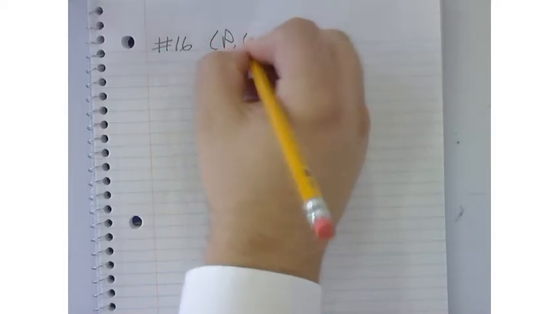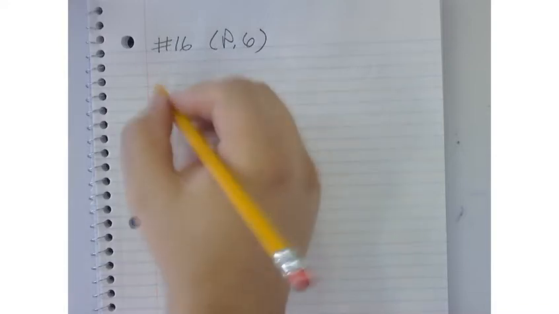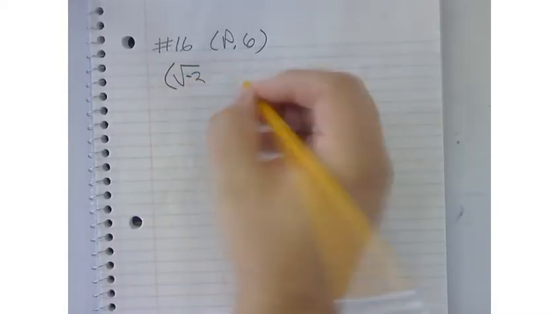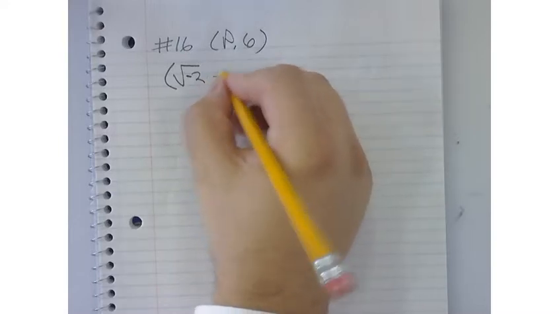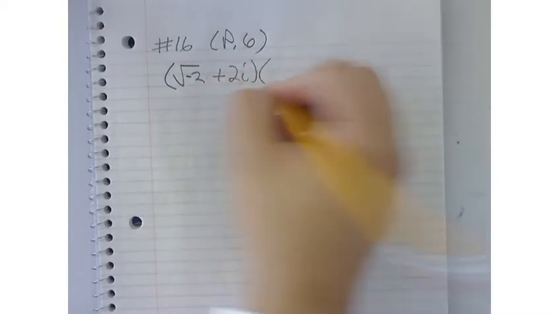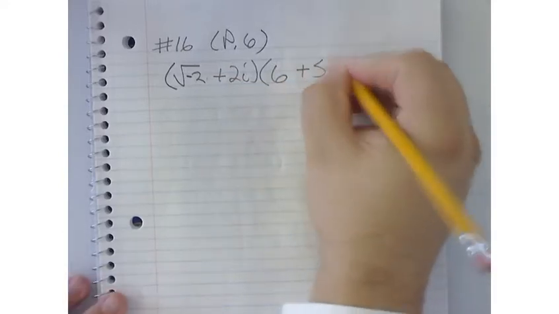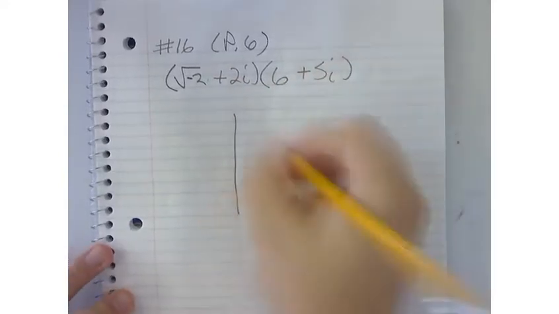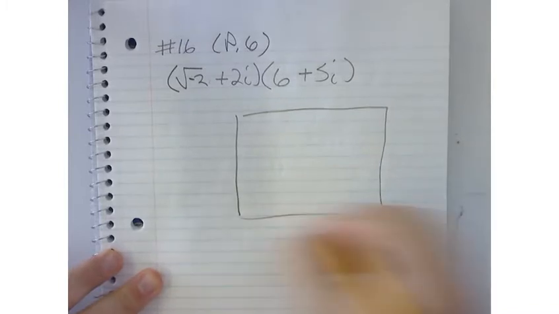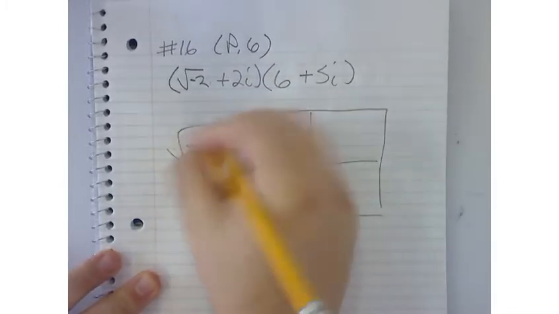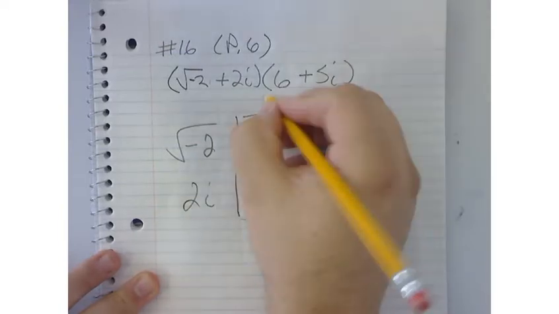So from section P6, problem number 16, we are asked to multiply the square root of negative 2, plus 2i, times the quantity 6 plus 5i. And I'm going to draw a really big grid because I'm going to do a lot of math inside these boxes here. So I'm going to say the square root of negative 2, 2i, 6, and then